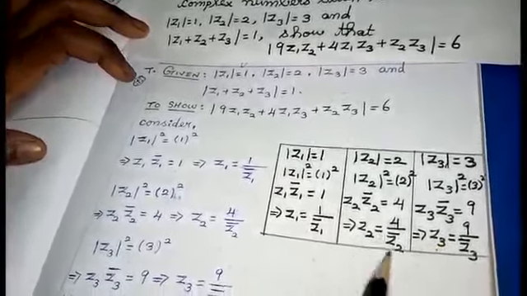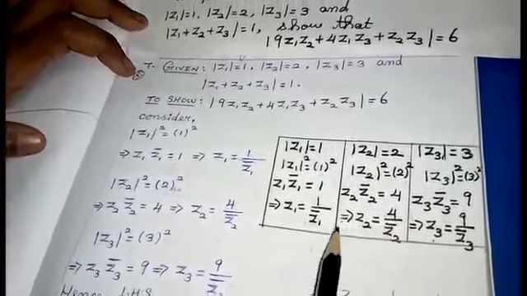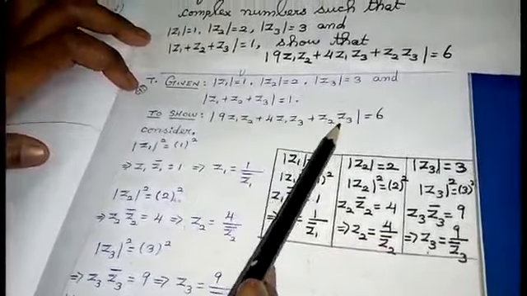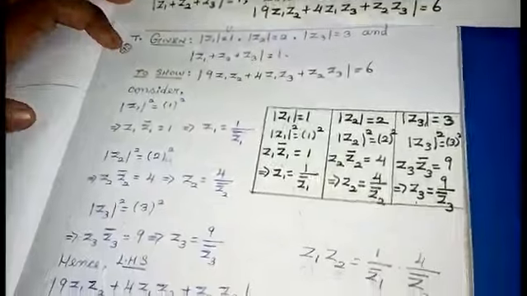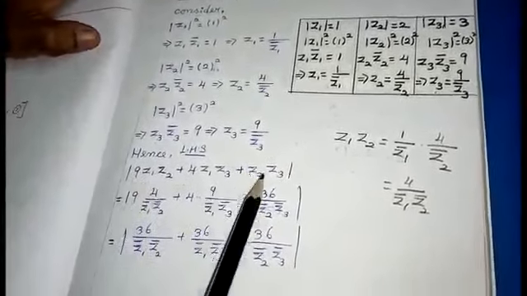After doing these values, just for our calculation, we are taking like this. After taking, I am going to see my left hand side. Left hand side is going to be my question, and right hand side I am going to bring this answer 6. Coming to the left hand side part. Left hand side, I am taking the question.